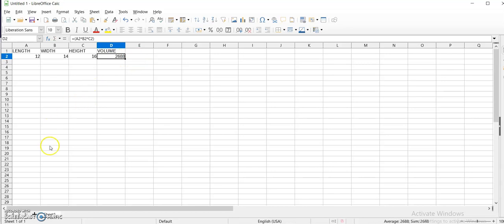Now if you want to add a sheet in a workbook, then click on this plus sign. So now let's create a simple spreadsheet to prepare a shopping bill of stationery. First of all, I will fill this with the item, quantity and the unit price.